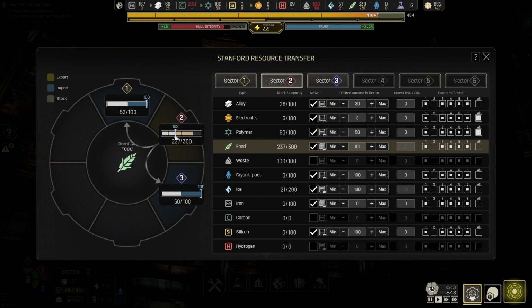Oh, hang on, I can't make it 100. That's really irritating. Hang on a minute, hang on. No, it's got to be Sector 2. We want it to be on 100. And that's 98. That's 103. Why are you toying with us like this, game? There we go, 100. Right, so Sector 2 keeps 100 food and then exports anything else extra to Sectors 1